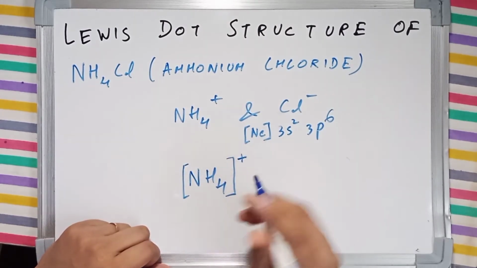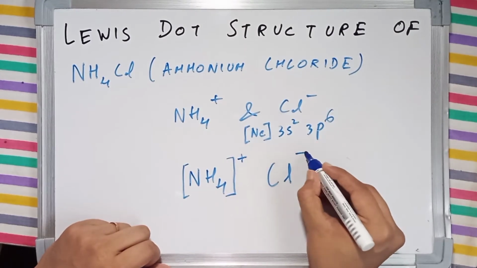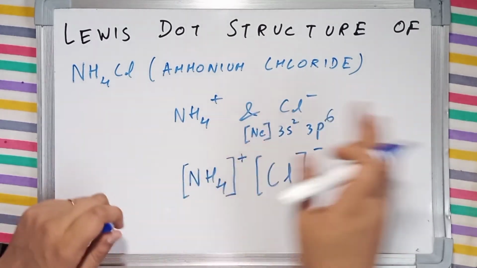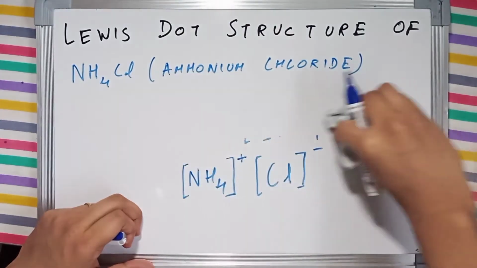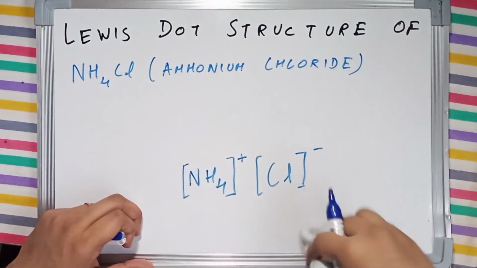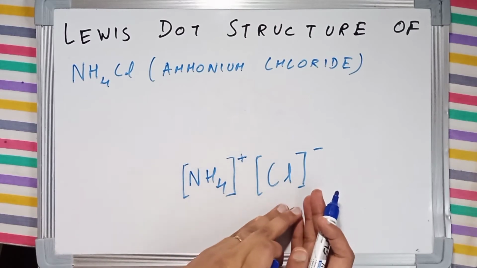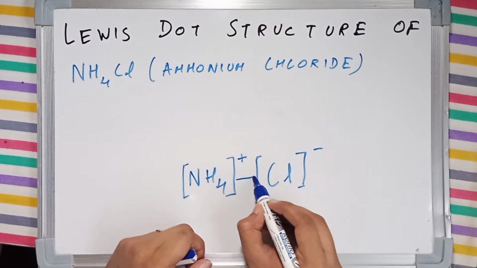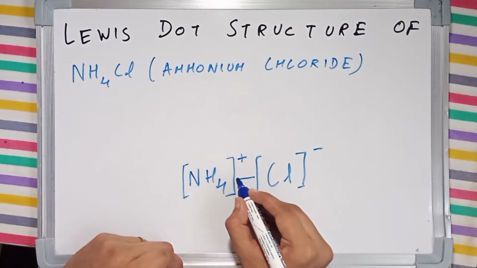NH4+ lies here, and you've got a Cl-, and these two just stay like this because of their charges. It has got a positive charge, whereas this chlorine has got a negative charge, and there is no bond formation. For example, a bond is represented by a line,